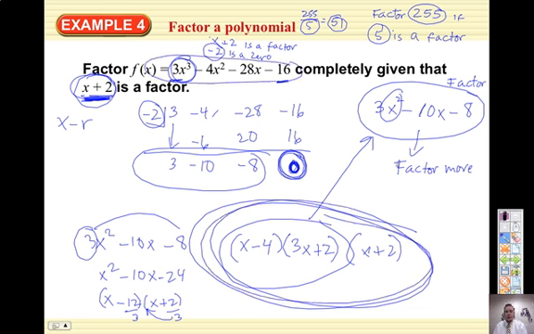Okay? It's kind of like 255 completely factored is 5 times 51, and then if that broke down you would write a different one. I think that's prime though. Okay? So, there we go. Done with